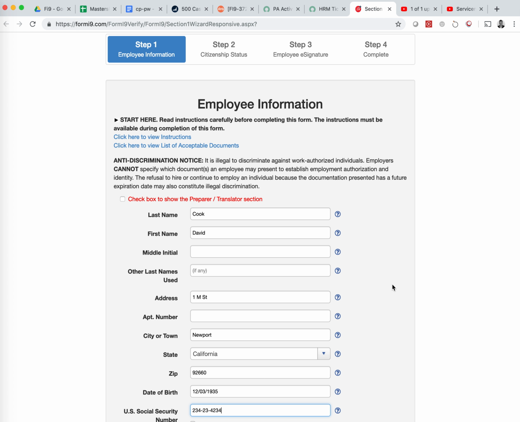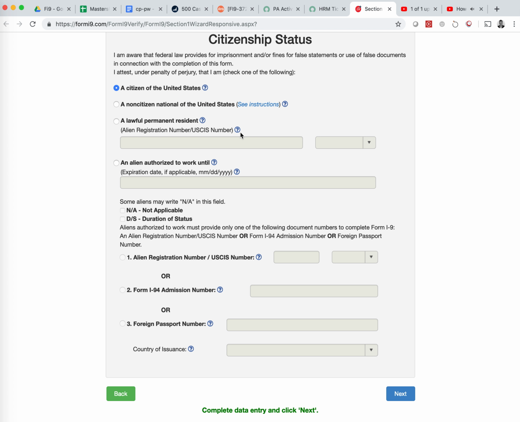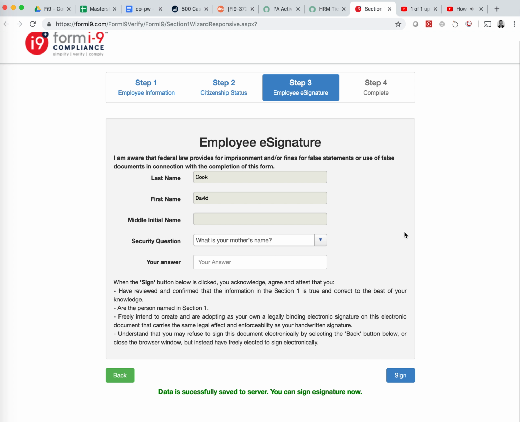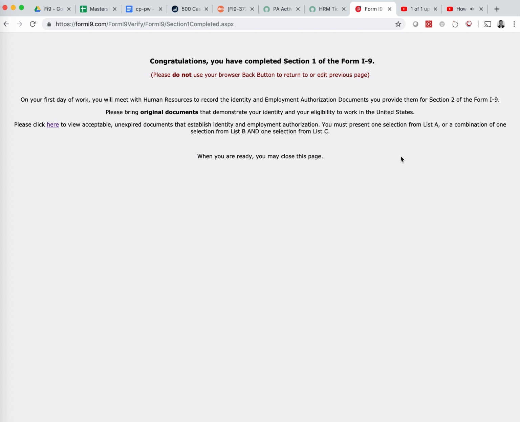Once they've entered information in the first part of Section 1, they'll then select their citizenship status, and then they're ready to sign electronically. Once they sign electronically, they are done with Section 1 and ready to show up on day 1 of employment